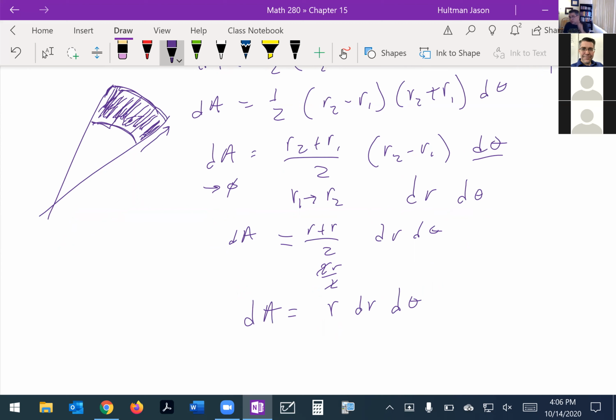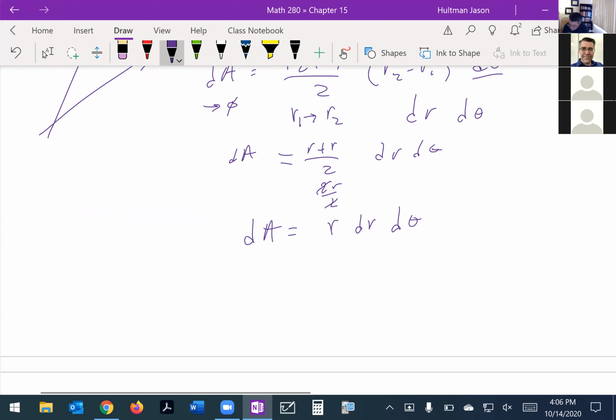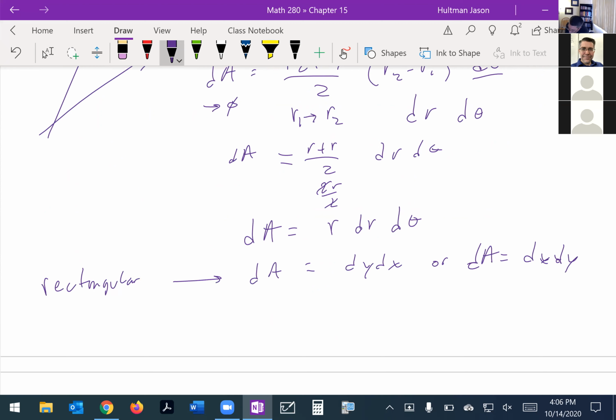Now, in rectangular coordinates, we had dA equaling dy dx, or dA was equal to dx dy. Okay, this is rectangular. Okay, in polar, what do you notice? What do you notice in polar? With respect to r, it's with respect to theta, but because of the squared that we got in the areas, we end up with an extra r